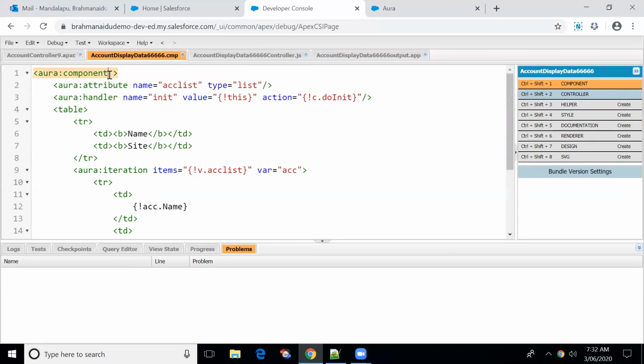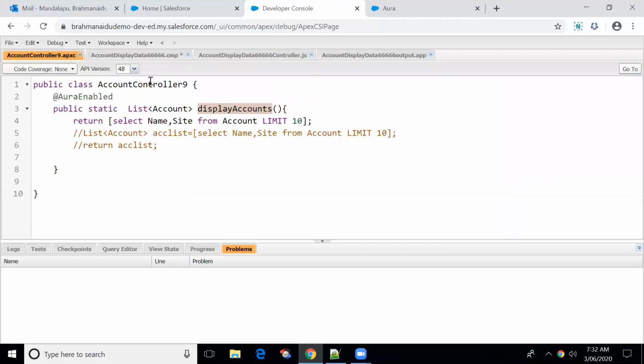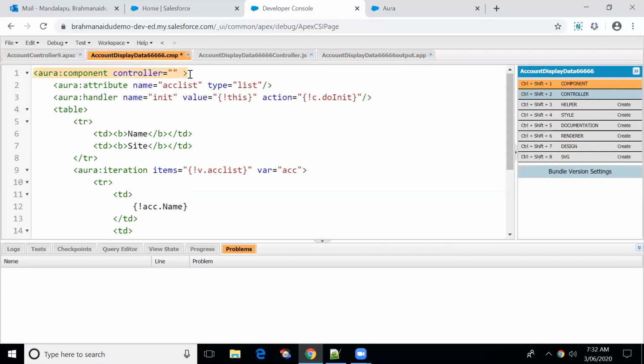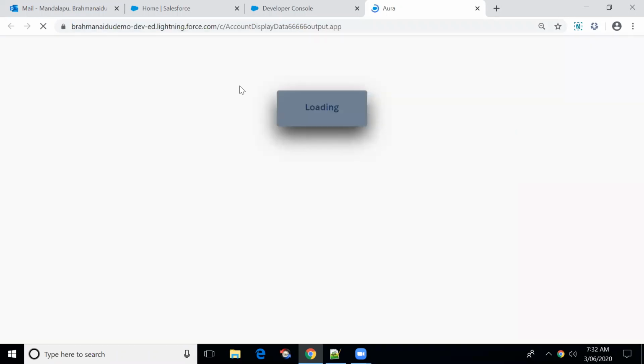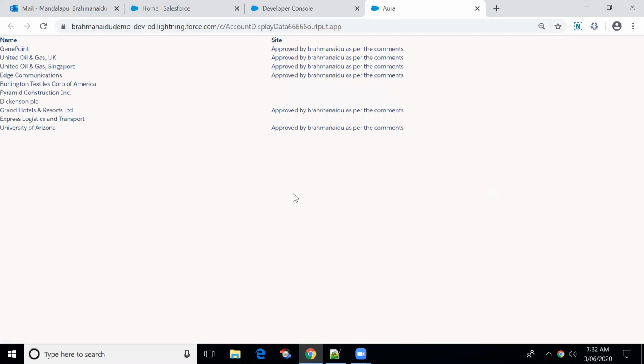If we want to use the Apex class in the component, then we have to put the controller attribute, followed by the Apex class name. Okay, so now let me refresh it. Right, we are getting the data.